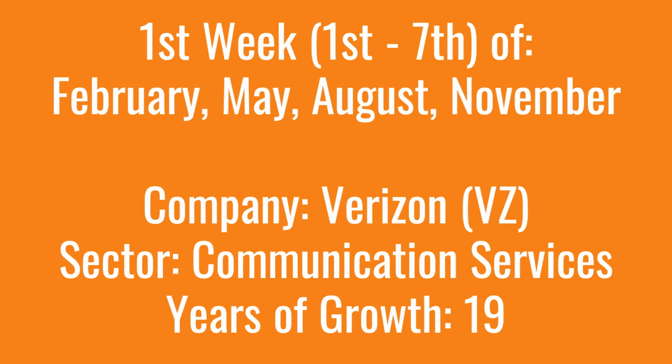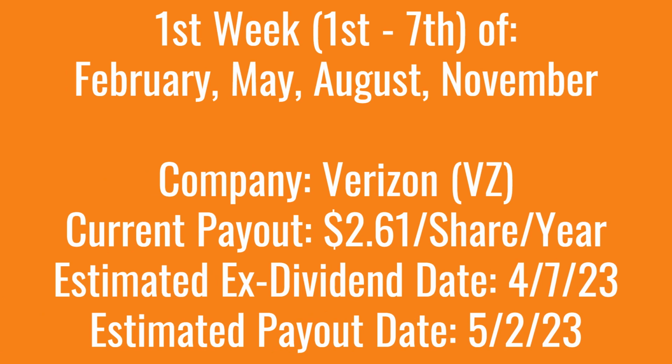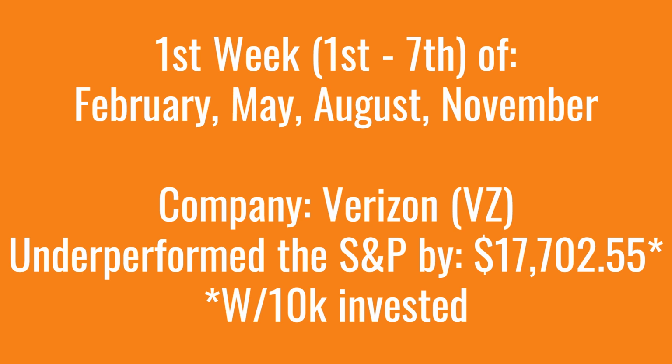So the pair for the first week of February, May, August, and November is Verizon, stock ticker VZ, and they are in the communication services sector and have been paying and growing their dividend over the last 19 years. Verizon has a forward dividend yield of 6.49%, a 5-year dividend growth rate of 2.07%, and a payout ratio of 50%. Verizon is currently paying $2.61 per share per year, and their next ex-dividend date is estimated to be on April 7th with an estimated payout date of May 2nd. Verizon, over the past 10 years, has underperformed the S&P 500 by